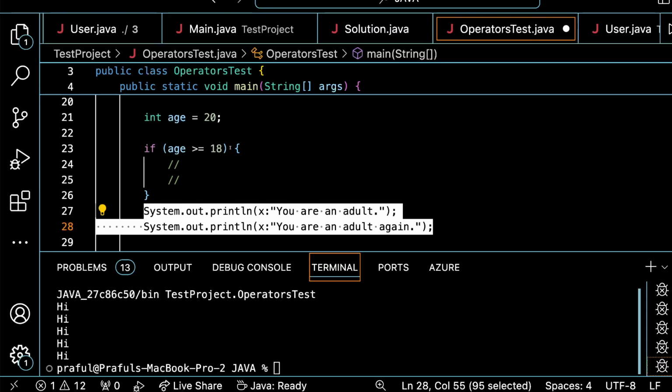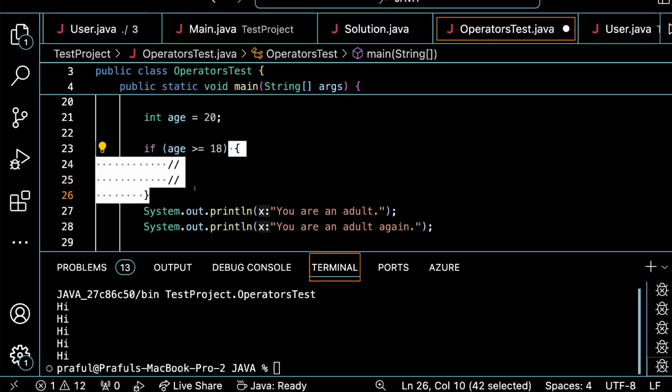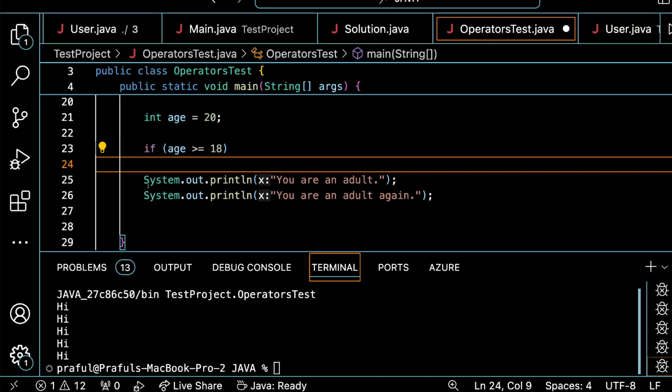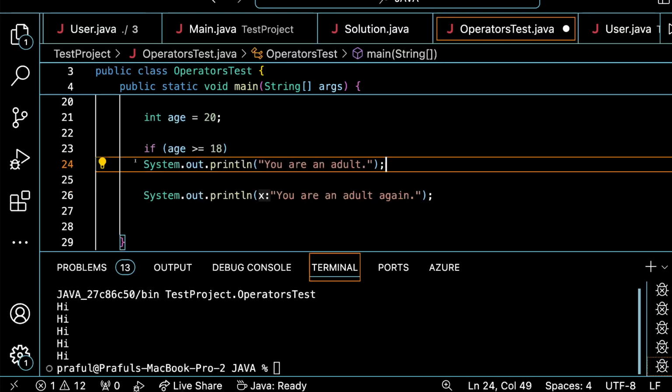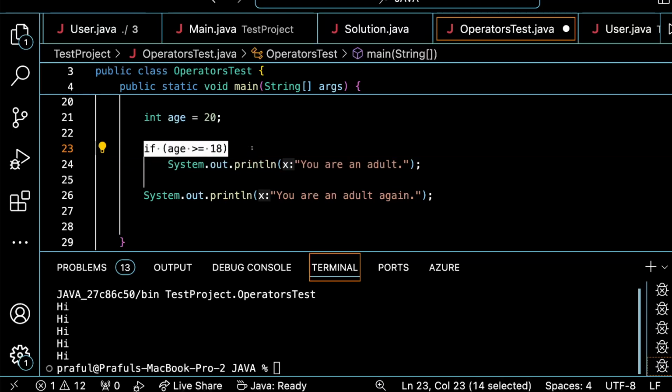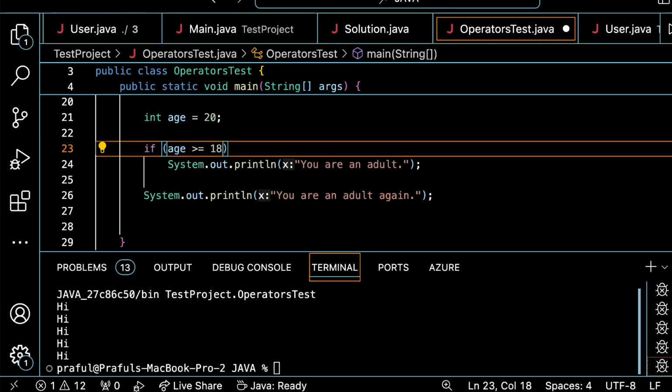Now when we are saying that if there is only one statement that needs to be executed if this condition is true, we don't need a block. What we'll do is, we'll just write this statement without a block, right? So now what will happen is, if this condition is true, it will print this line and then it will resume from the next line, right? And if it is false,